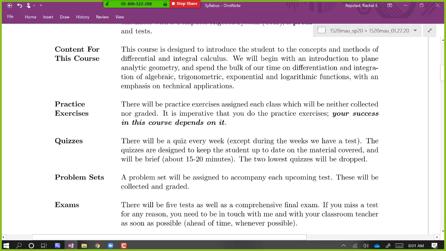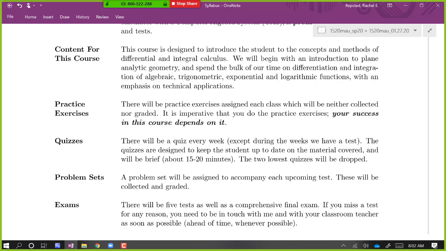In this course, what we do is we study functions and how they change. That's basically it, and then some other things. But the basic idea behind calculus is the study of functions that can change and how they change. We begin the course with some analytic geometry, which doesn't require any calculus at all. It's a lot of algebra and connecting how an equation looks with its behavior in the graph, which I think primes us nicely for the types of things that we do when we start looking at the derivative of a function.